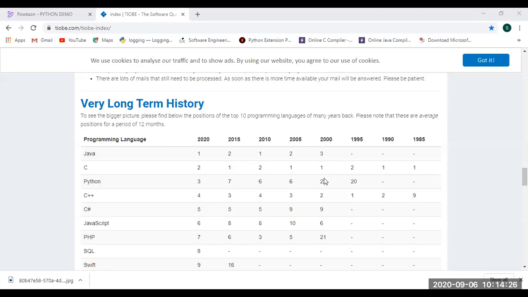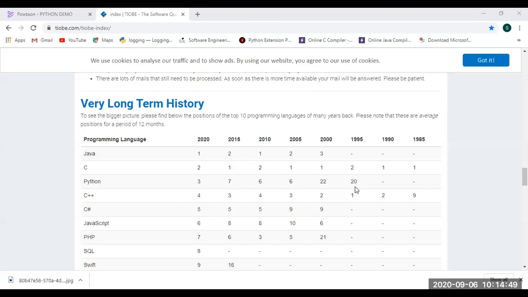Then you have to observe, guys, from 2000 to 2005, in these 5 years, some drastic change happened in the IT company. Because of this drastic change, because that language is extensively used in some of the fields, the rank has suddenly changed from 22nd rank to 6th rank. Guys, that is not a joke. To be frank with you, coming from 22nd rank to 6th rank is not at all a joke.